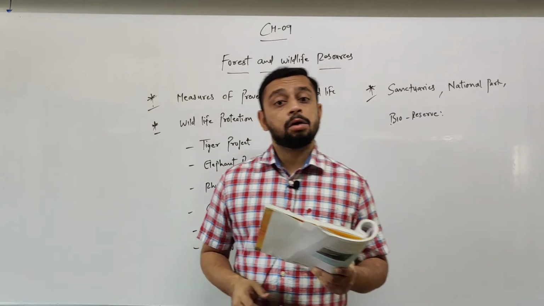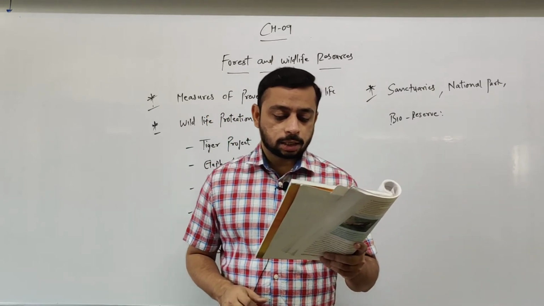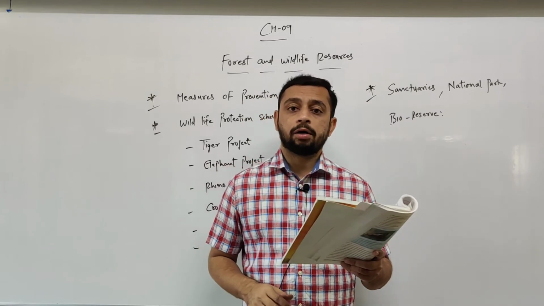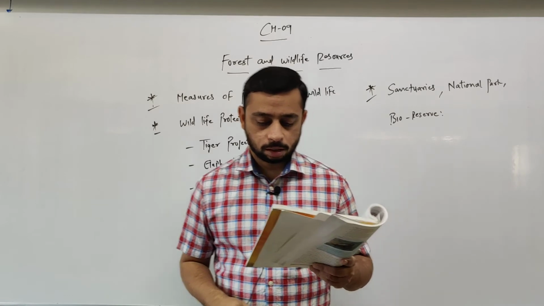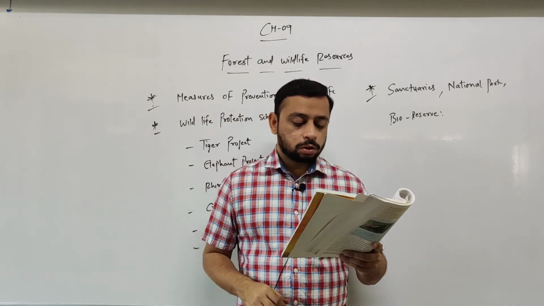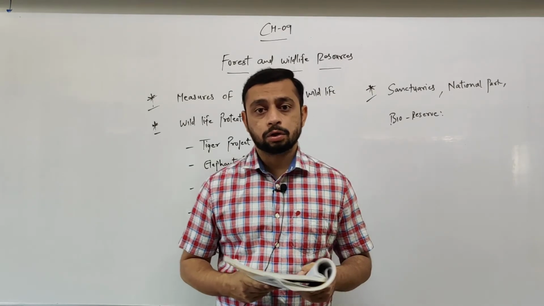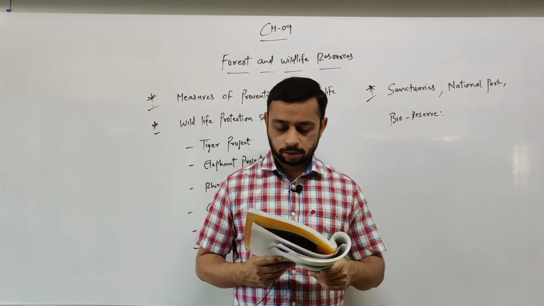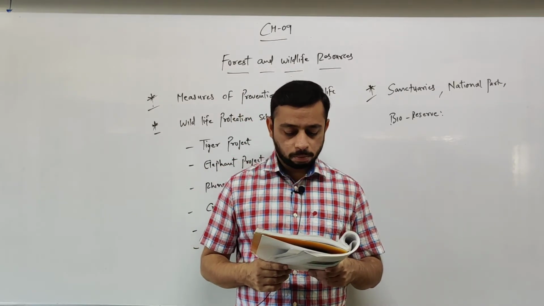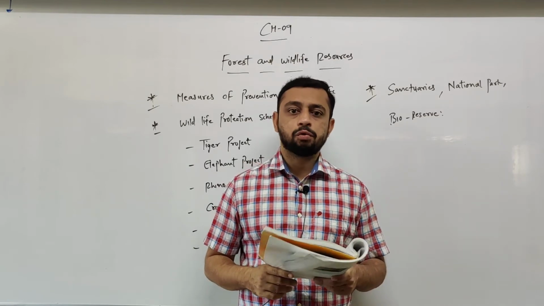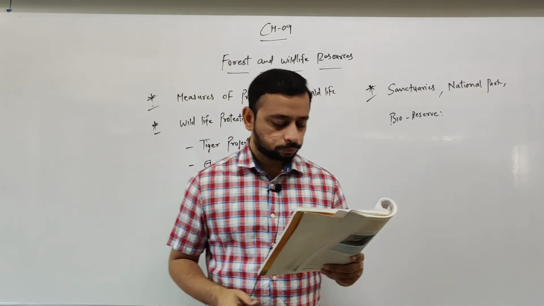Moving ahead, the third concept, that is the rhino concept. This project is started for the protection of the one horned rhino in India, right? એક સિંગડા વાળો rhino, right? In India, most of the rhinos are found in Assam state. Underline the sentence. Most of the rhinos are found in Assam state. They are also found in smaller numbers in Sundarban of West Bengal. Means there are few rhinos even in the Sundarban jungle, that is in West Bengal.